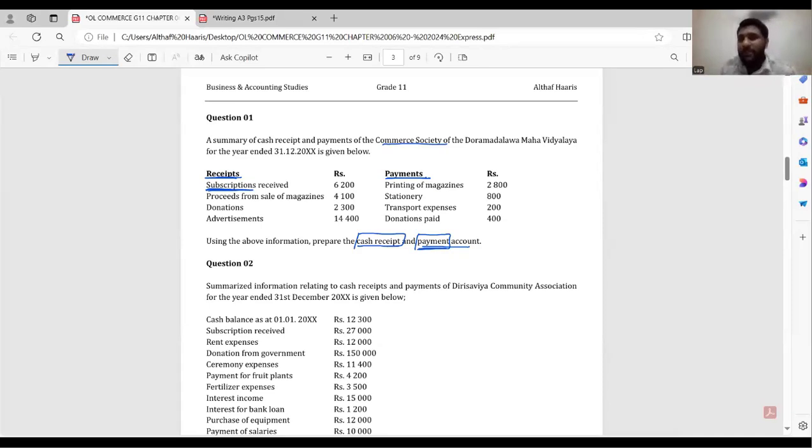Sometimes in schools also it's there. Clubs and societies, like the commerce society, art society, science society. They will charge a small amount from the members because they want to run the society. So that is what they have given here, the amount received from the members as subscription received,